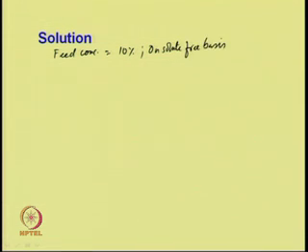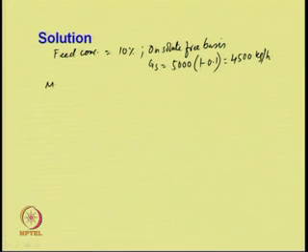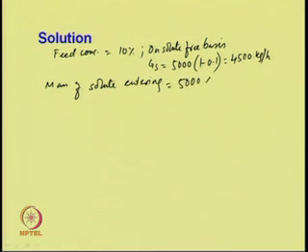We can obtain Gs will be 5000 into 1 minus 0.1, that is 4500 kg per hour. Mass of solute entering is 5000 into 0.1, which is equal to 500 kg per hour,